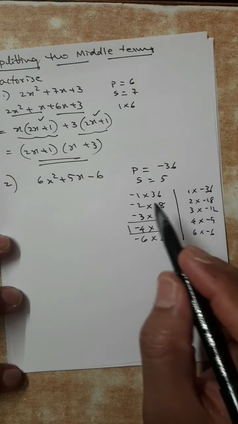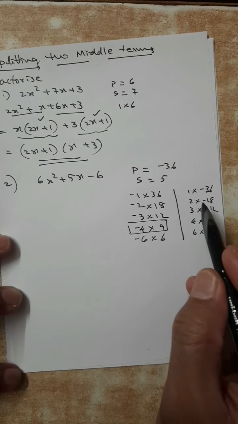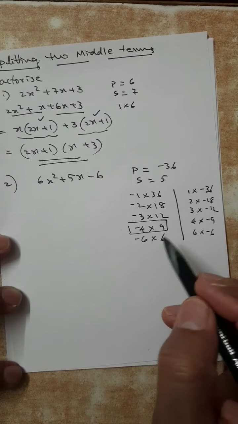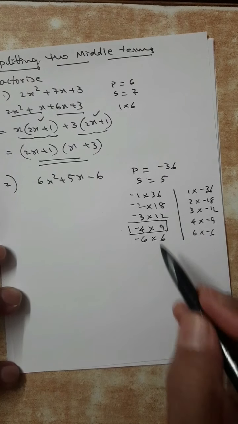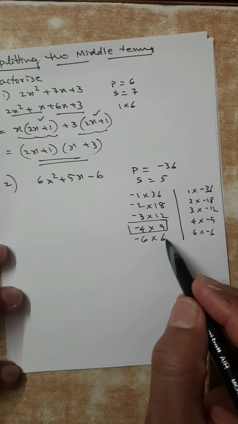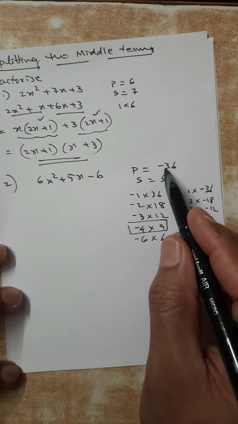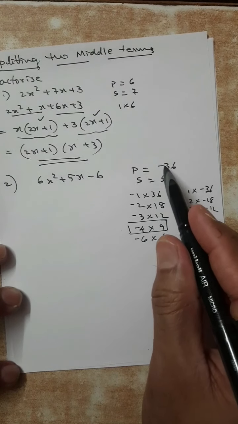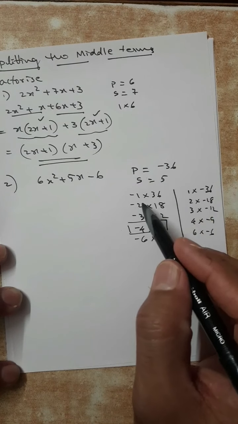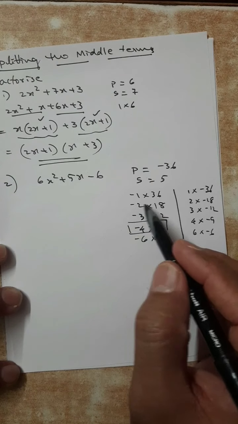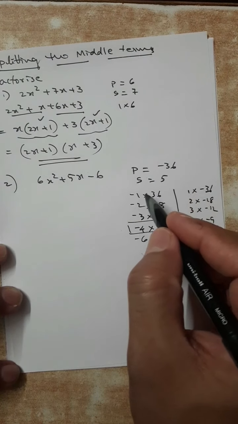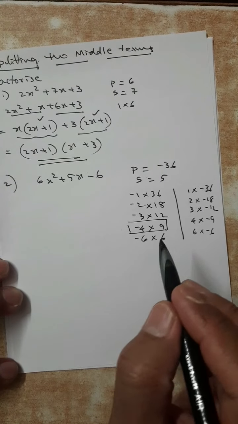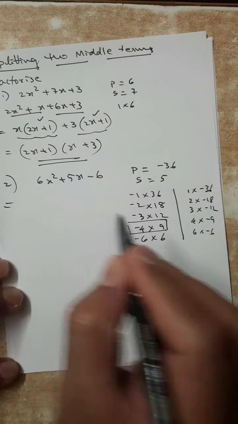Okay? I am not saying that you have to write all these steps for every question. What I am saying is, if all of a sudden I am not getting it, this is the procedure. 1 into, 2 into, 3 into, 4 into, 5 is not there, 6 into. Now product positive means both will be positive, yeah, both can be negative. Remember. Product negative means either the first one negative, yeah, or the second one negative. So this is our option. Class 8 we studied in detail, it is already revision, okay.